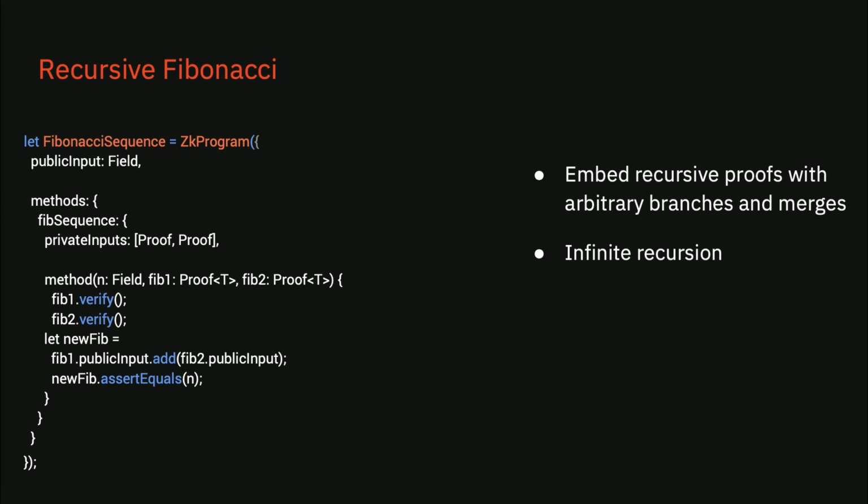We first want to verify that the proofs are right, and we just do that with .verify, which is pretty easy to do. Then we calculate our new state by referring to fib1.publicInput.add(fib2.publicInput). We're just doing the same add call that we were doing before. These public inputs are field elements, and these proofs have public inputs that you can refer to. You do it this way, and then you make the same assertion call that you did before. We're checking that what we calculated is the same value as this n we're passing in. And then if those constraints pass, we generate the proof,